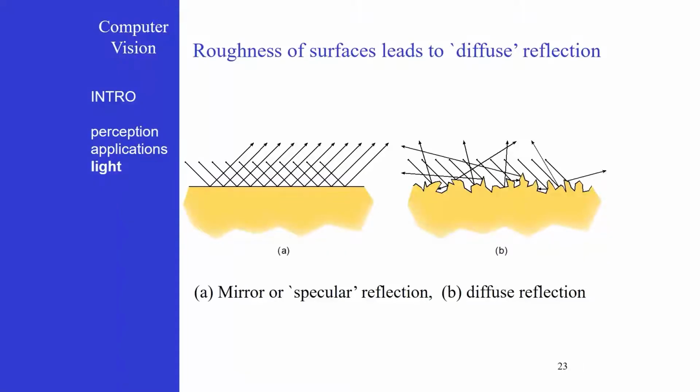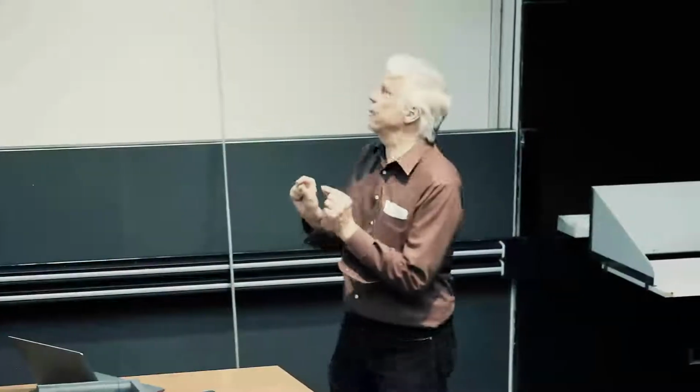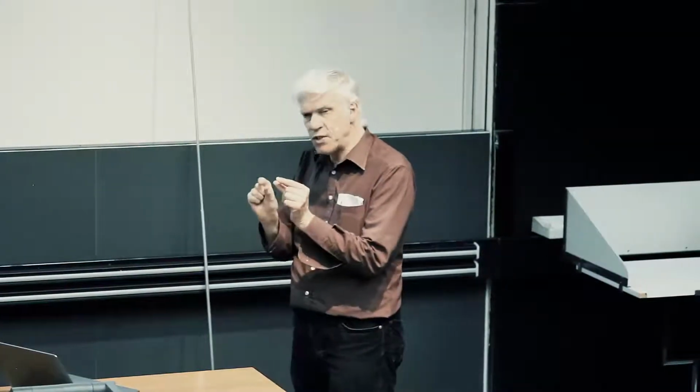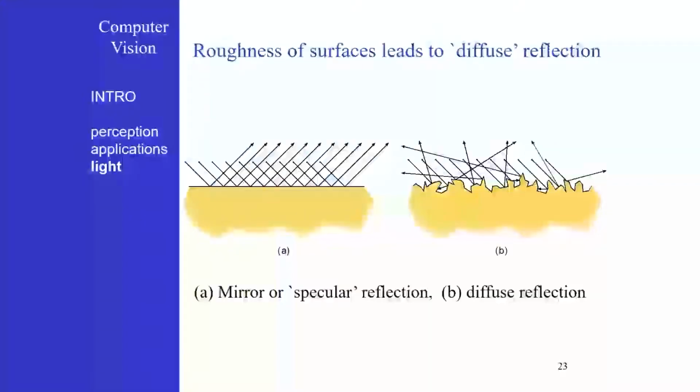So what light will see at its own level is more something like what you see on the right here. So it's quite an uneven surface. And that means you could model that as different small pieces of surface with different orientations, each acting as a mirror. But by the fact that their orientations differ, even if the light comes in from the same direction,